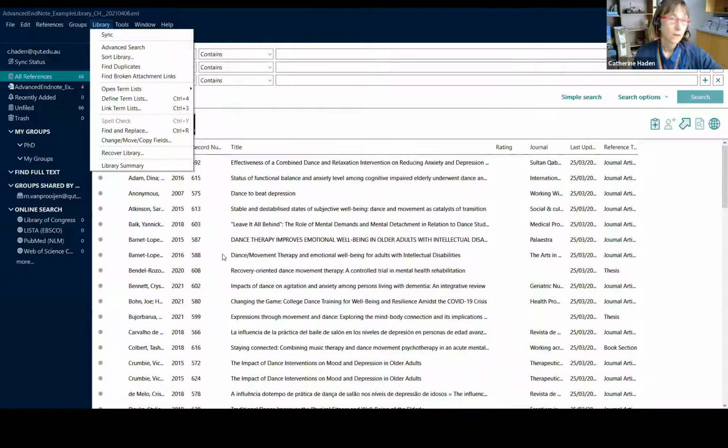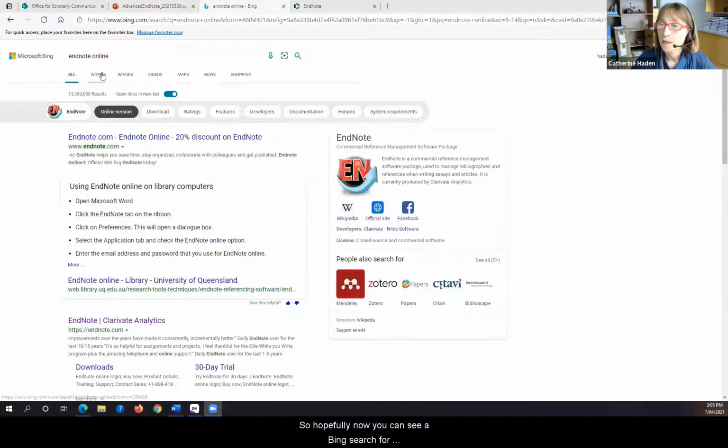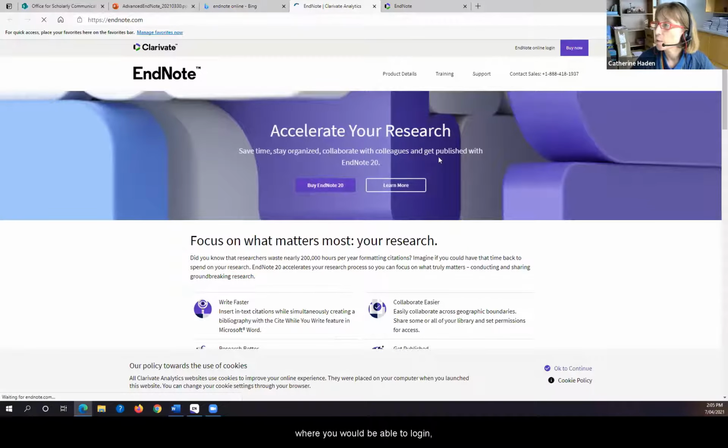So now I'm just going to stop this share again, and I would like to share to show you how to go to the EndNote Online. So hopefully now you can see a Bing search for EndNote Online, and EndNote sits under Clarivate Analytics, and this is where you would be able to log in. This little login on the top right hand side,